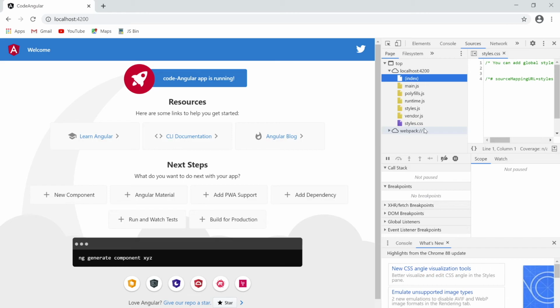And if you go to the sources here, you can see that styles.css is present. If you go to styles.css, you can add global CSS to this file, but Bootstrap is not imported yet.